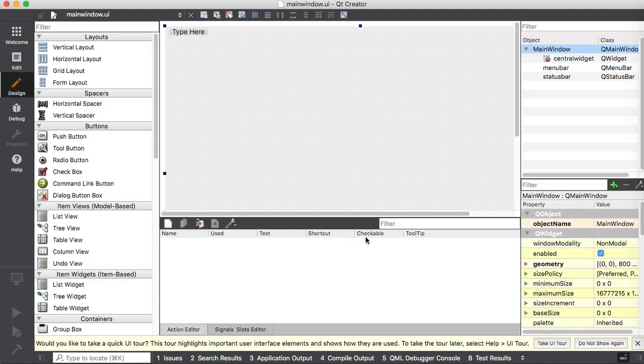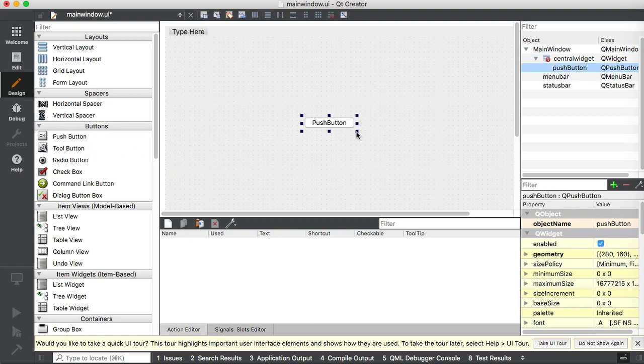You can see this is Qt Designer. Now you can drag and drop any control you want, and you can create a UI by using this designer.